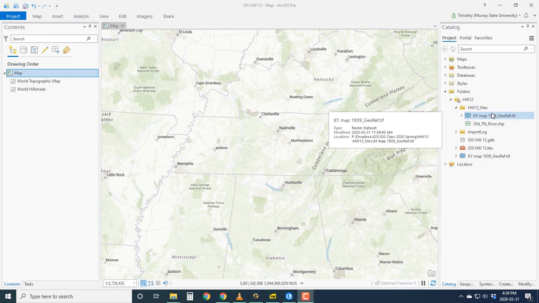All right, let me show you some of the steps involved for homework 12 here, where we're going to be using that old georeference map to try and trace an outline of what the Tennessee River used to look like before it was dammed up. And so